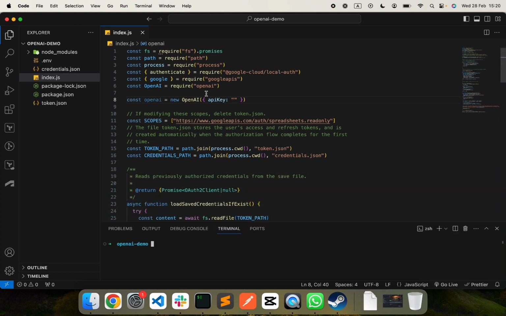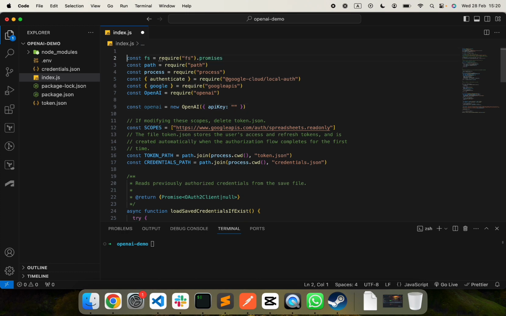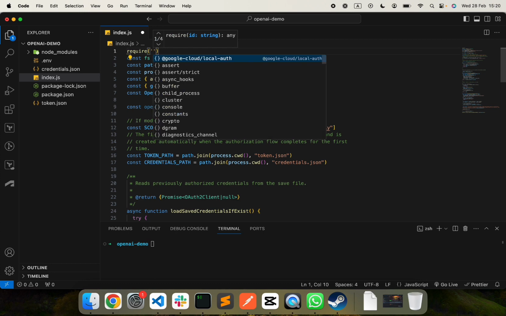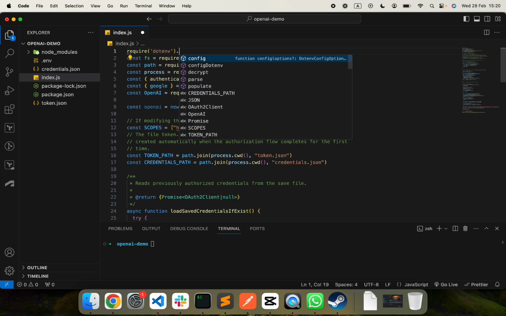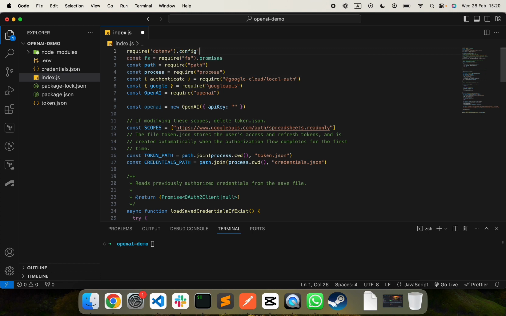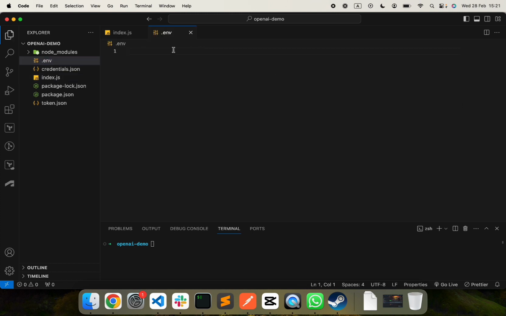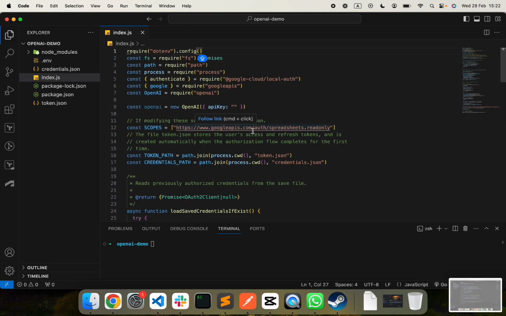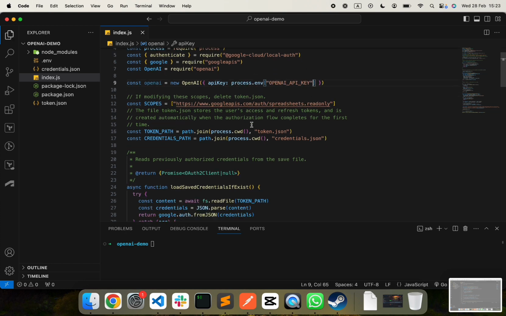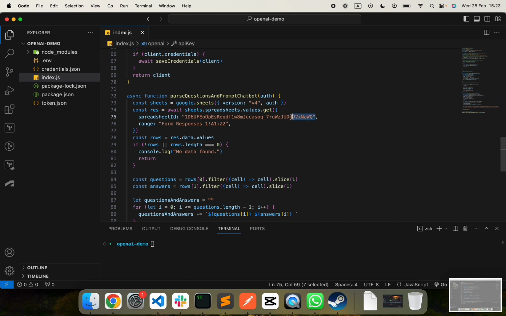Next, we go to the top of our file, and we require the dotenv dependency, and we call the config method. Let's go ahead and create two new environment variables here. Now that we have our environment variables set up, all we have to do is to actually read them from our code, and then let's do the same with the ID of the spreadsheet right here. Instead of having it hard-coded,